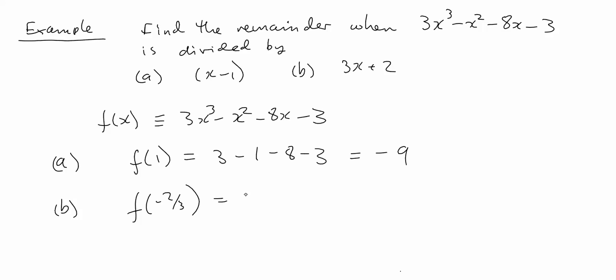So that equals 3 times minus 2/3 cubed, which is minus 8 over 27, minus minus 2/3 squared, which would be plus 4/9, so it would be minus 4/9, minus 8 times minus 2/3, which is plus 16 over 3, minus 3, and that equals 1. So the remainder when divided by 3x plus 2